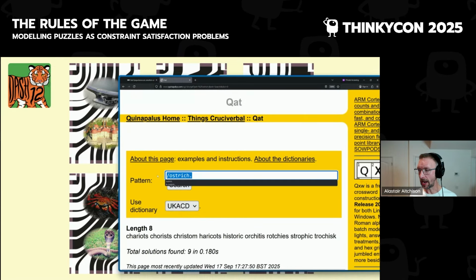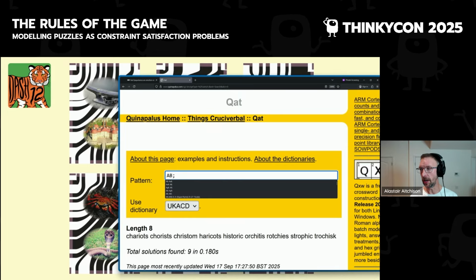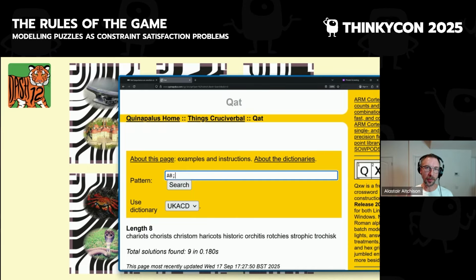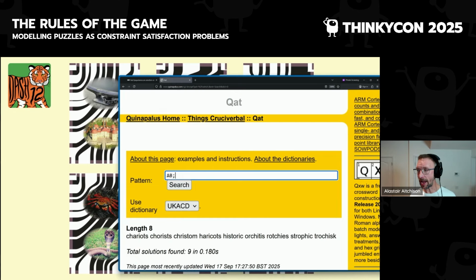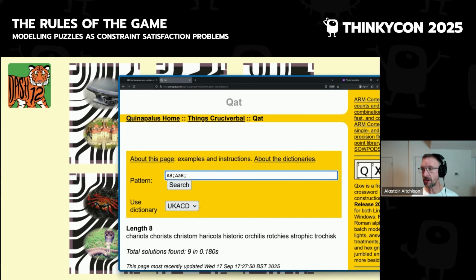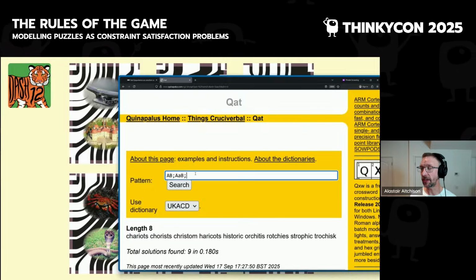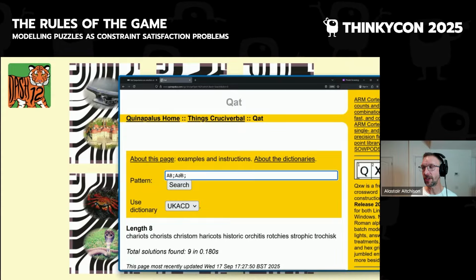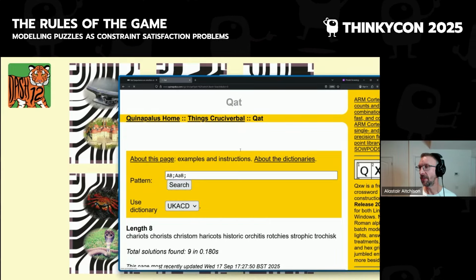Let's say that we want two words that only differ in the single letter A. So we have a word which is formed from two patterns, A, B, and we want to be able to split the word at that point between the A and the B, insert the letter A, and get a new word. So this is our constraint pattern here. What this is saying is find me two words that differ because the second one has had an A inserted into the middle of it. If I search for that,